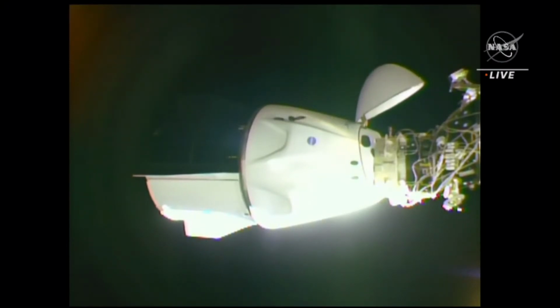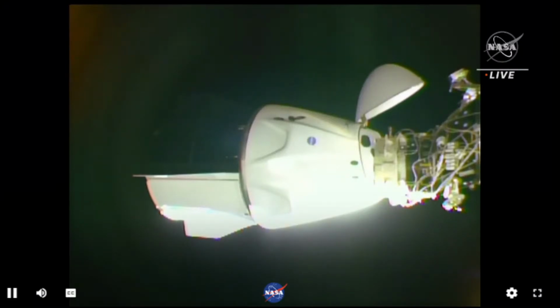Alright, Crew Dragon Endeavour has officially made it to the International Space Station. That dynamic period of the docking phase is complete. The crew inside Dragon have been wearing their suits just as an extra precaution, but they can go ahead and